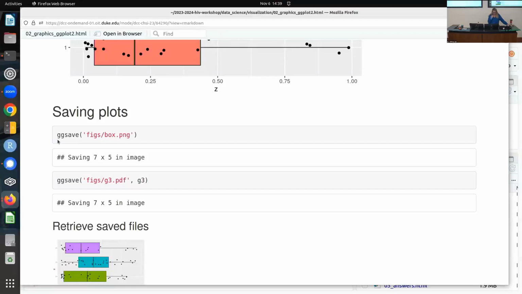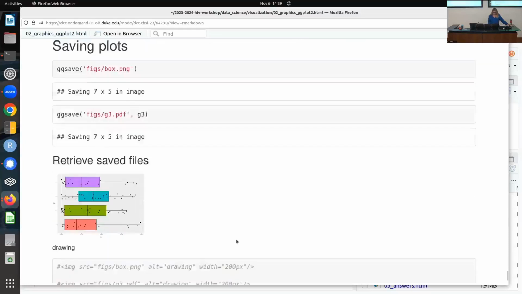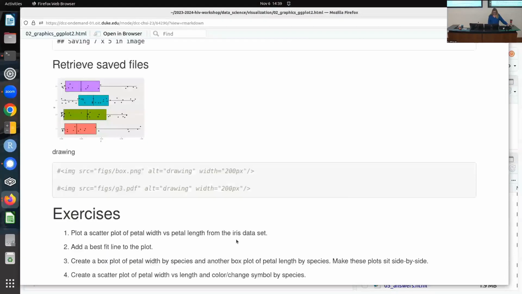But it has its own, so it's nice. With ggsave, you just give it the name of the file, and by the file extension, it knows what type. So here it's a PNG, here I'm saving a PDF, just telling it the file extension. And then there are the saved files, and this is the code that you can use to retrieve them in your